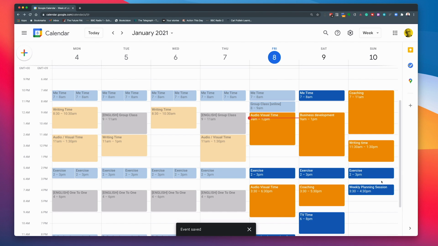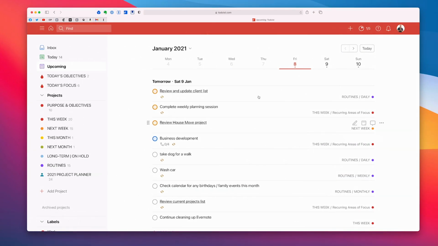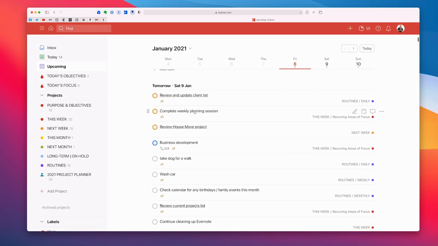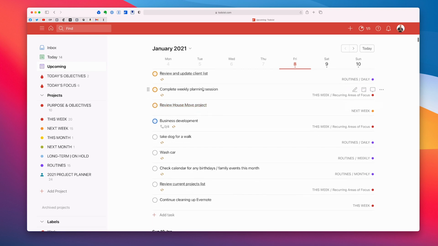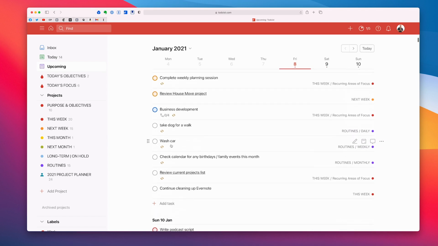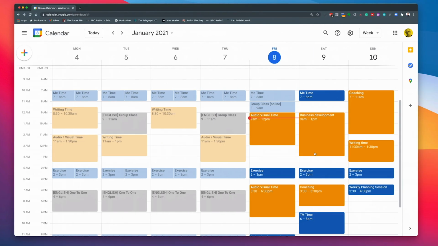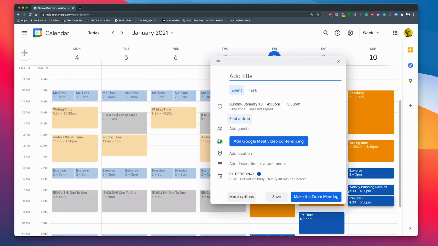And then I've got my weekly planning session, which, if we go back to here, I've got on Saturday. The weekly planning session is there, so it's scheduled. And there's a few things in there. I've got time to wash the car. That's going to take me 30 minutes. So again, I'm looking at that, thinking, oh, I'll do that at 5 o'clock. I'll just take it down and wash the car. So I can just grab in there, get car washed.